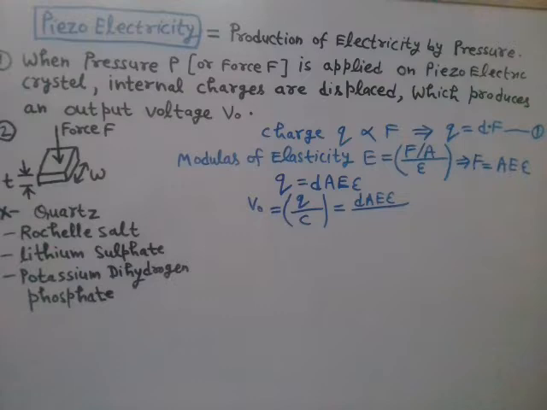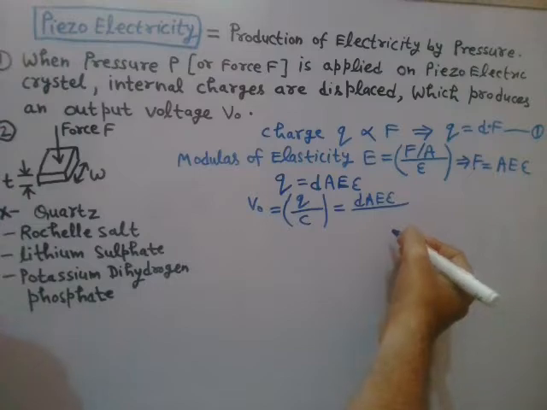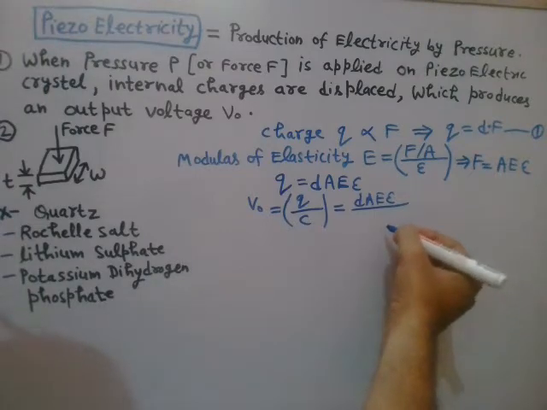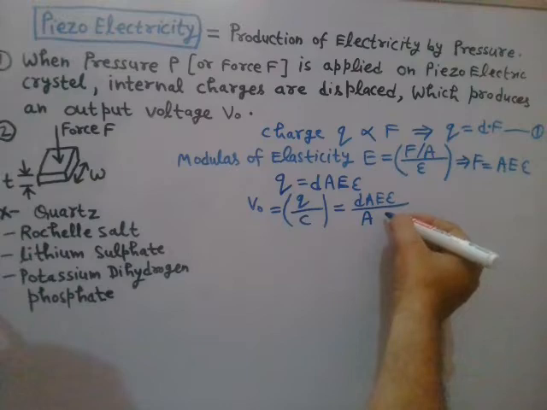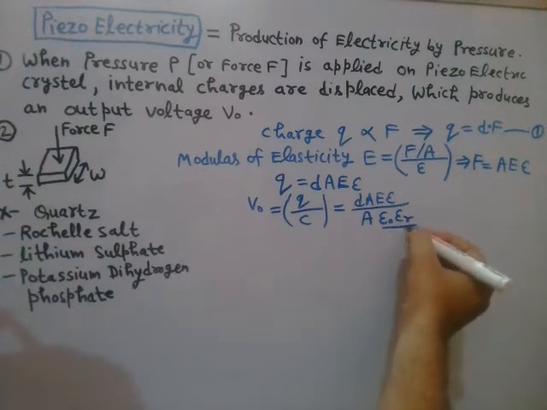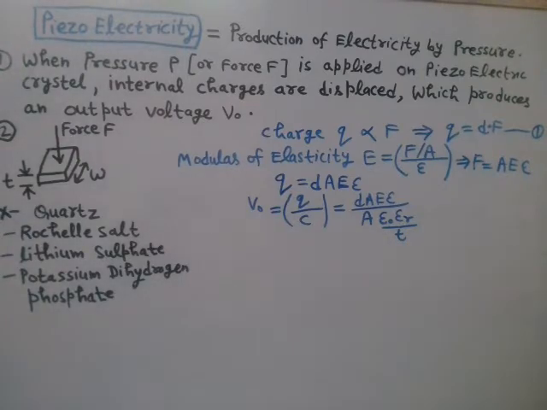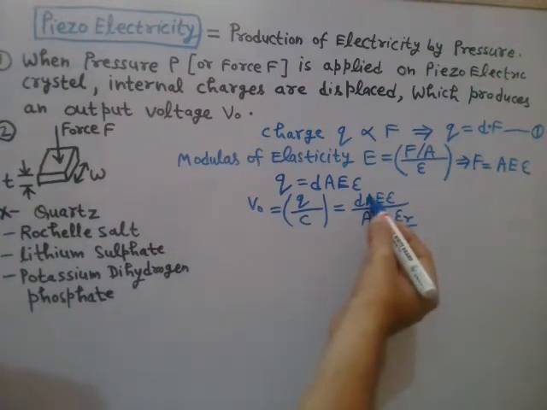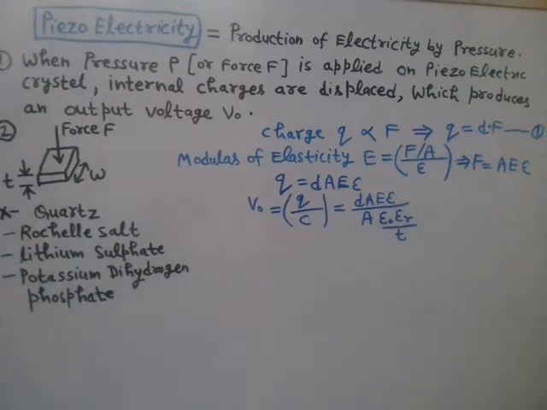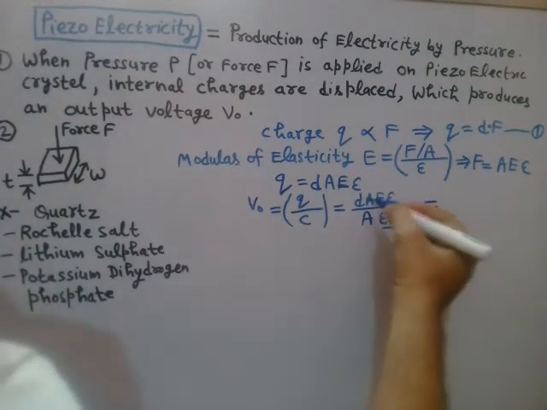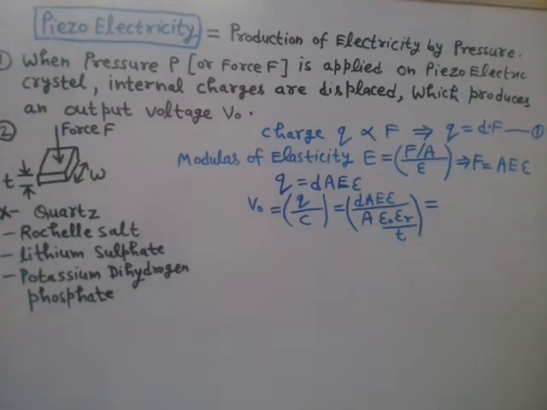Now put the expression of capacitance. Capacitance C is A epsilon by T, right? That's a basic expression of capacitance. So capacitance is A into epsilon, that is epsilon naught into epsilon r, divided by T. T is the thickness of the crystal. Alright. Now A in numerator, A in denominator, both get cancelled, and you are left with